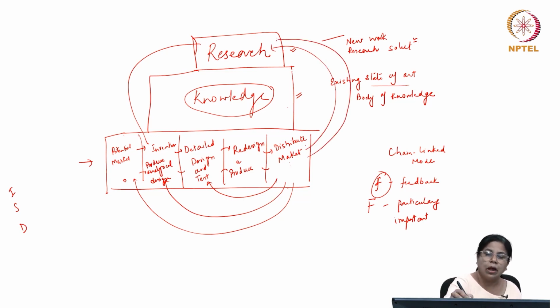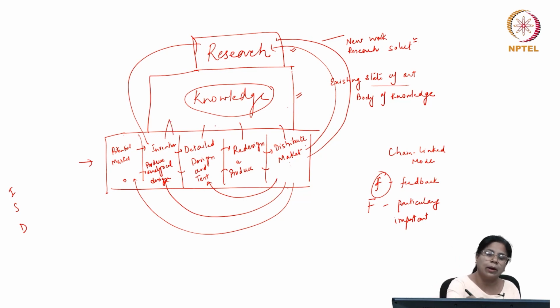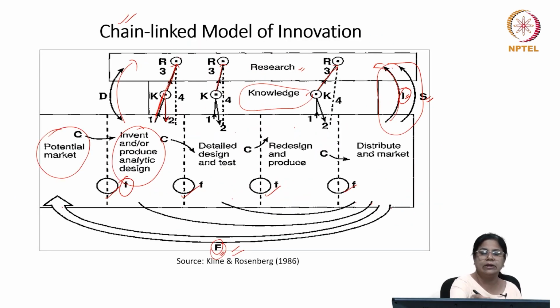Then I essentially talks about how research itself gets engaged with the existing instruments and products and learns from them. Apart from that, at any stage, if a challenge comes into the picture, it can be addressed by going to the existing state of knowledge, whereby you look for the solution in whatever body of knowledge exists. If you find the answer, you come back. If you do not find the answer, you go forward. So this is what has also been shown here. At each end, if you do not find a solution, you will be able to go back.